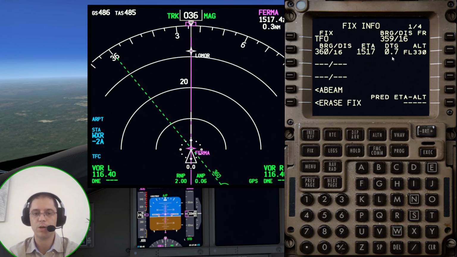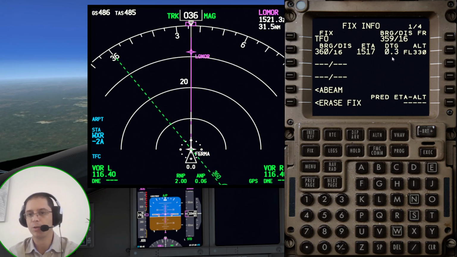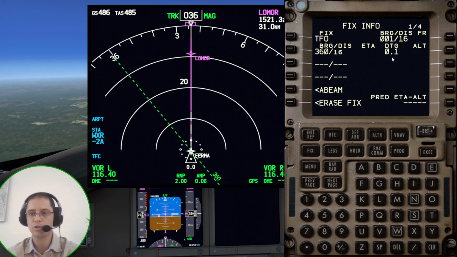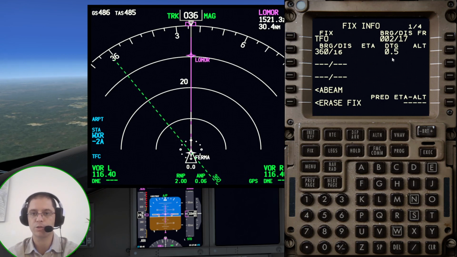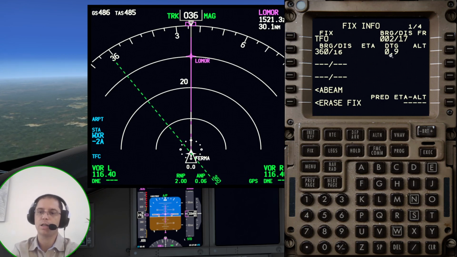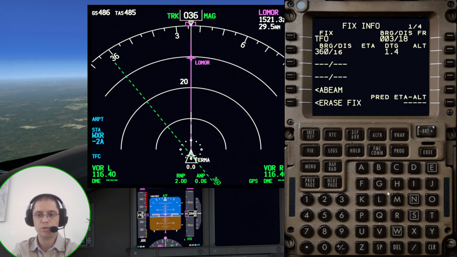That happens as well if you set an invalid bearing or a bearing that you already crossed. Okay, so now it's only going to show the distance, how far you are now from that point. So you already crossed that bearing, 0.9 miles. We can also change. I'm going to give you another example. Let's say the bearing